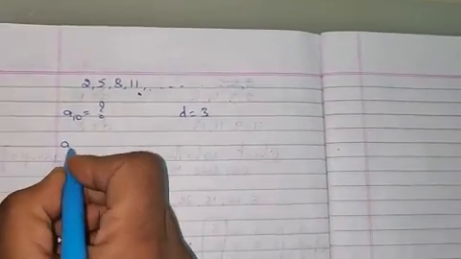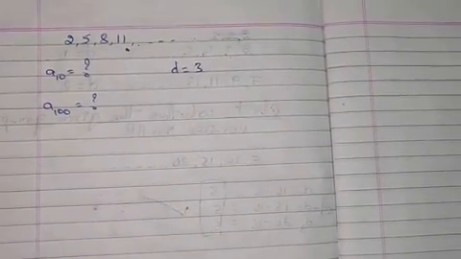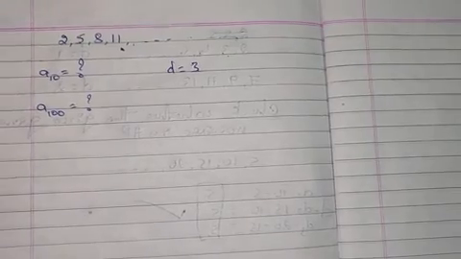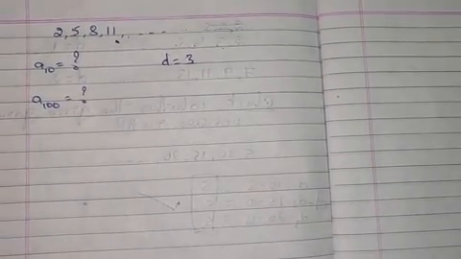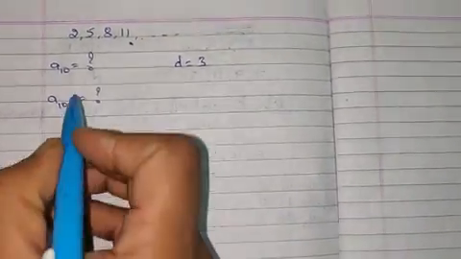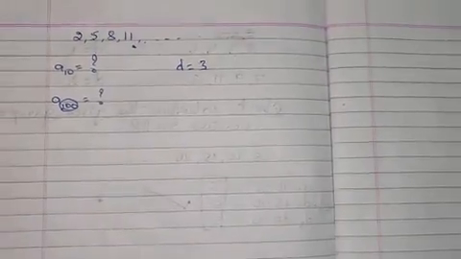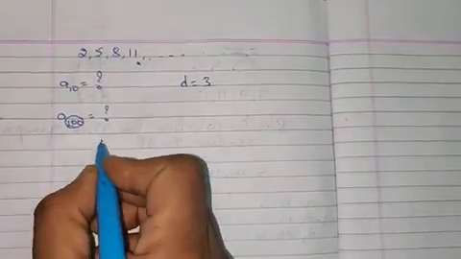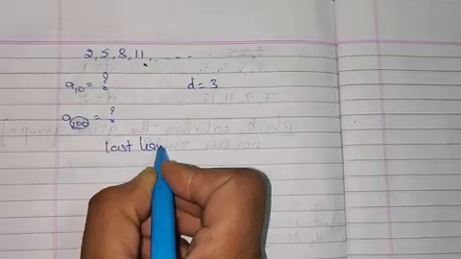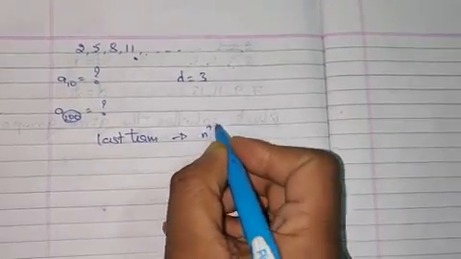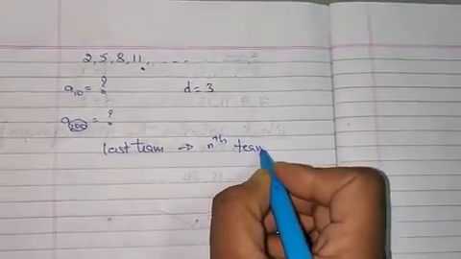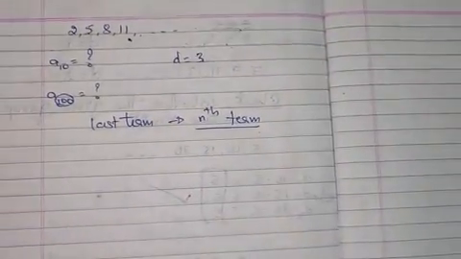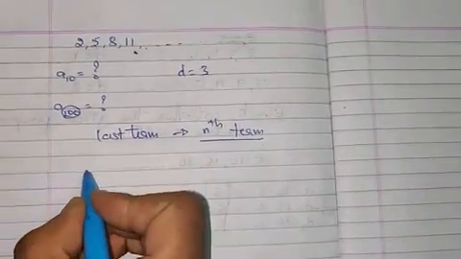What if they ask what is the 100th term? It will take a lot of time to find. So do we have any simple method to find that 100th term? To find that 100th term, let us consider there are 100 terms, means this will be the last term. So what is that last term called as? The last term can also be considered as the nth term. So what is the nth term of the given AP? So how do we get it?